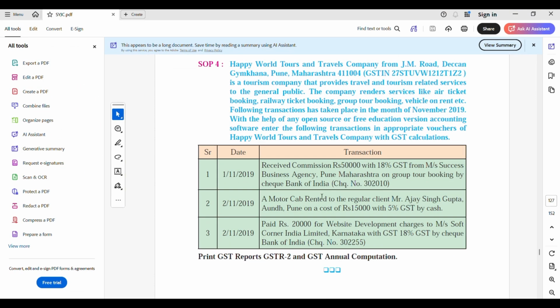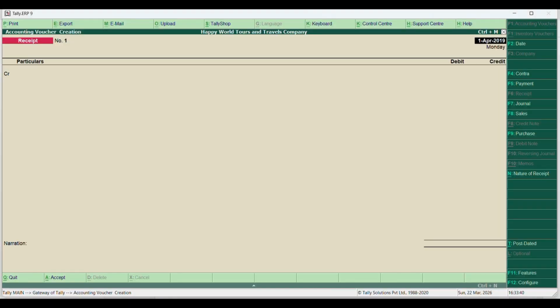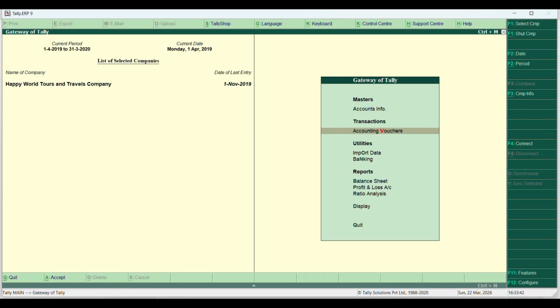It is telling a motor cab rented to the regular client Mr. Ajay Singh Gupta, which is in Pune, Maharashtra, for 5% GST at rupees 15,000 cash. Now here it is cash. So what we have to create now, we have to create a Mr. Ajay Singh Gupta ledger and a motor car rented ledger, and there is no other ledger required here. So two ledgers will be required. So we are going to go in the ledgers,